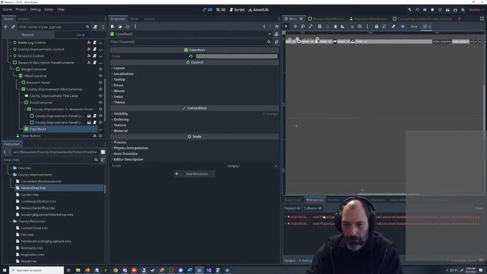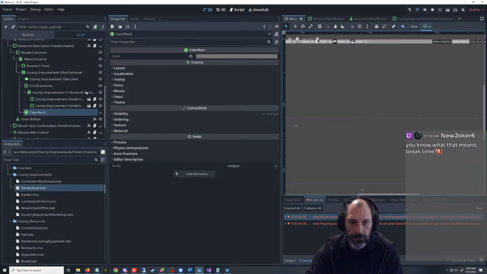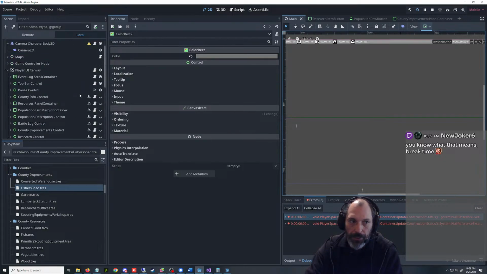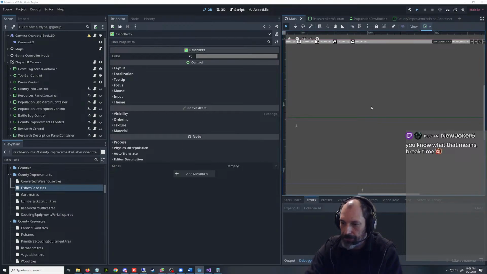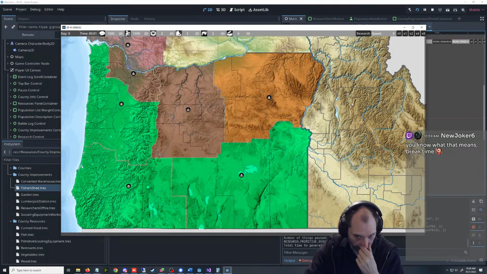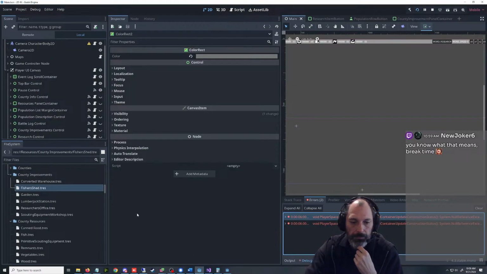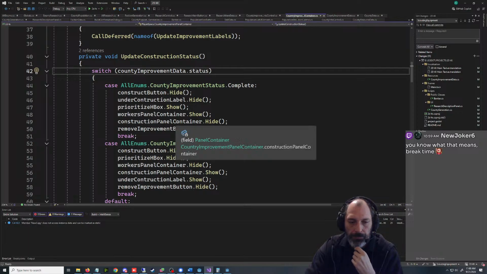What are these bugs down here? Oh, we're back to this thing. So the status, it couldn't update the status. Let's make sure everything's closed. Pause. I'm just going to run this again. I'm going to clear these and make sure that those are, we got to figure out what's going on there. I have a feeling that we have some other minor, maybe those bugs were always happening over there. Oh no, it's happening here. County improvement data status. Those are getting,